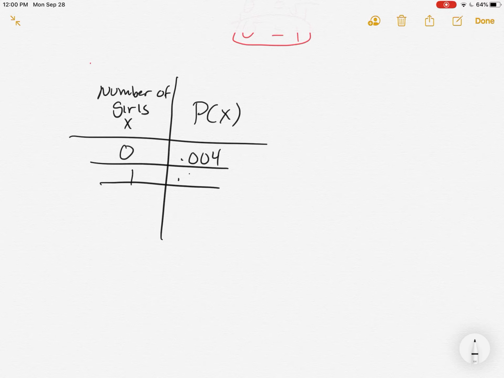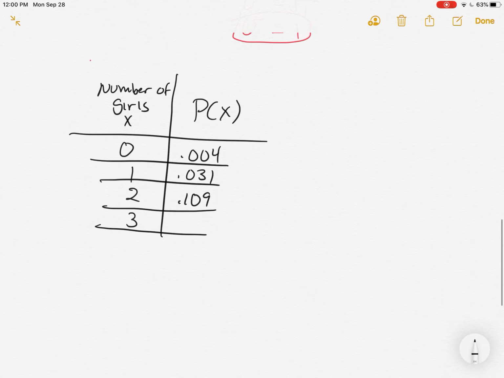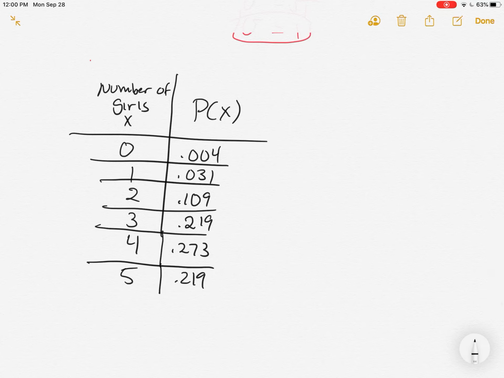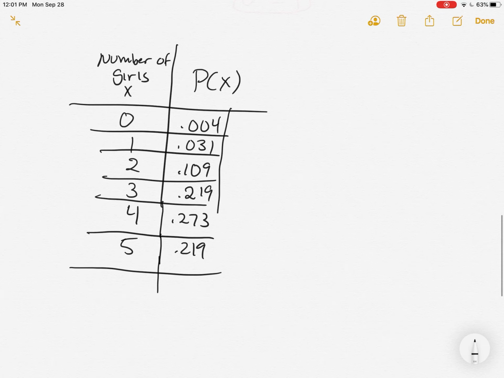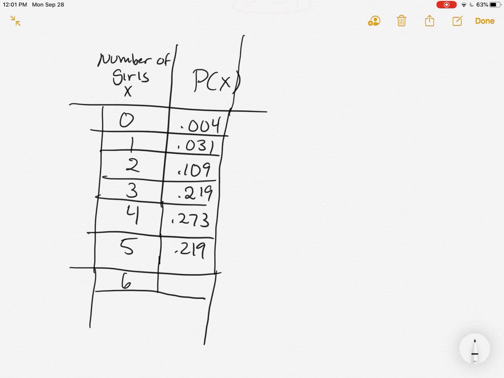1 girl has the probability of 0.031. 2 girls has the probability of 0.109. 3 girls has the probability of 0.219. 4 girls has the probability of 0.273. 5 girls has the probability of 0.219. If you're wondering where I'm getting these numbers, I'm copying them down from what's given in the homework problem, right? And so we're not expecting you to be able to come up with these. How they did it is they looked at a very similar type of picture, or they used what's in 5.2,